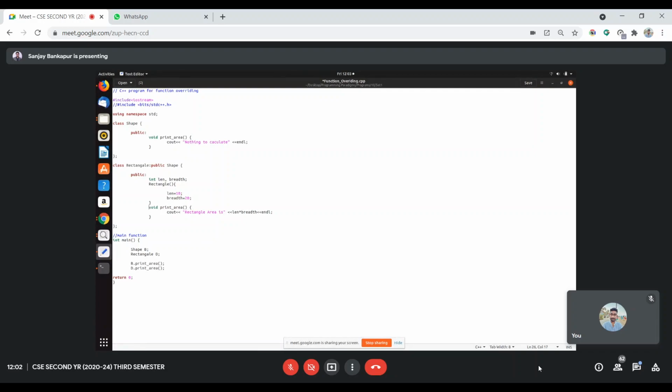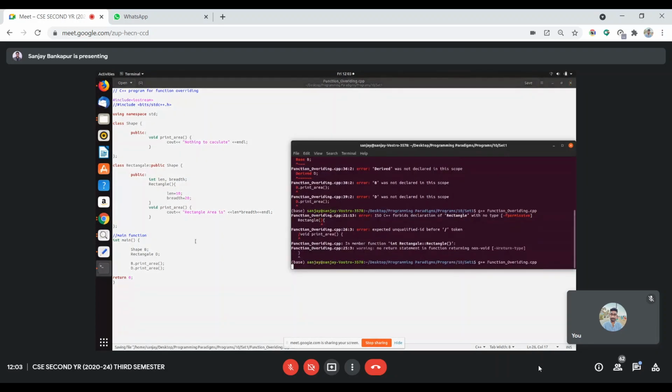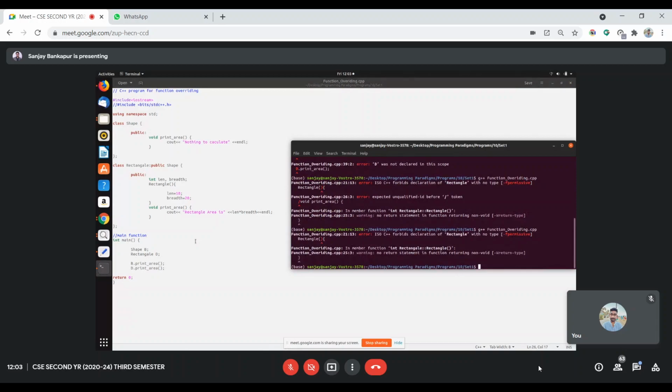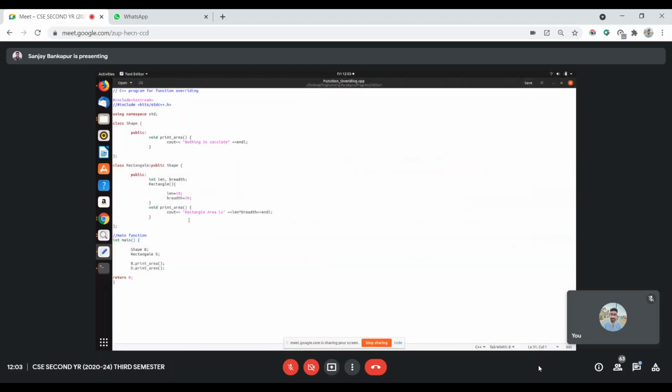Void, okay. Already int rectangle. Am I returning something? No, right? Int main, void print area, rectangle area, nothing to calculate. Rectangle shape. Okay. Int area equal to length into breadth, just to be on the safer side.